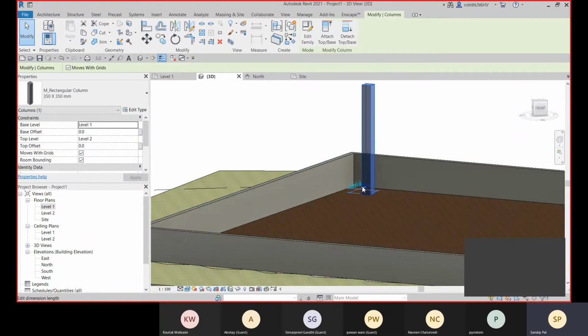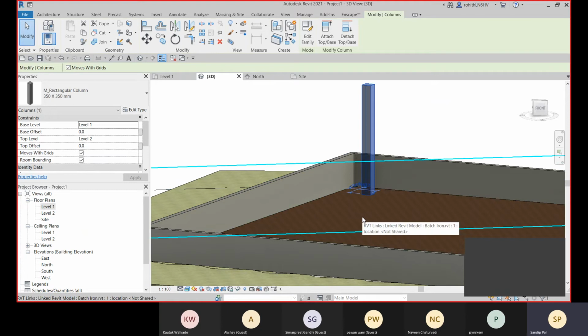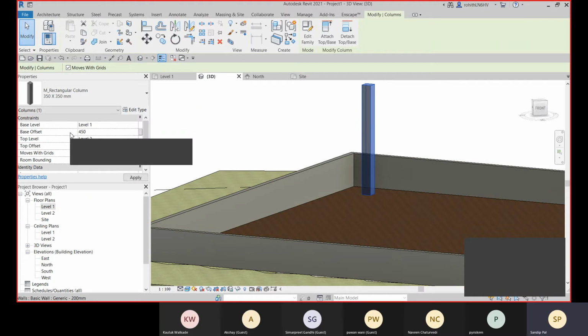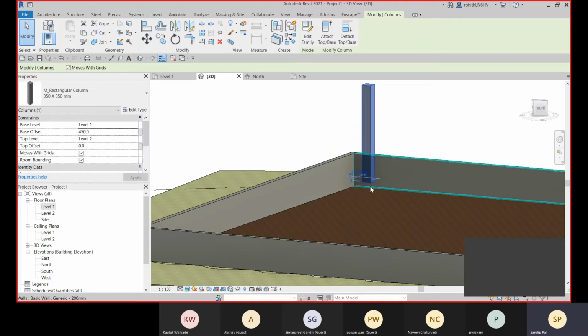So this column will not start from this base level, level 1, right? So for that you need to provide some base offset. Suppose your base offset is like 450. Okay, so you have a foundation and the height is 450, so it will start from the 450, and it will be connected to level 2.